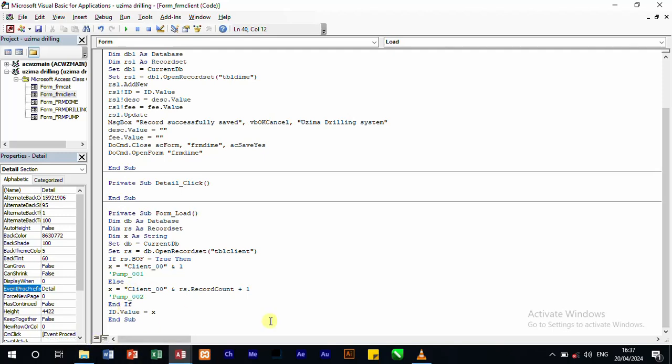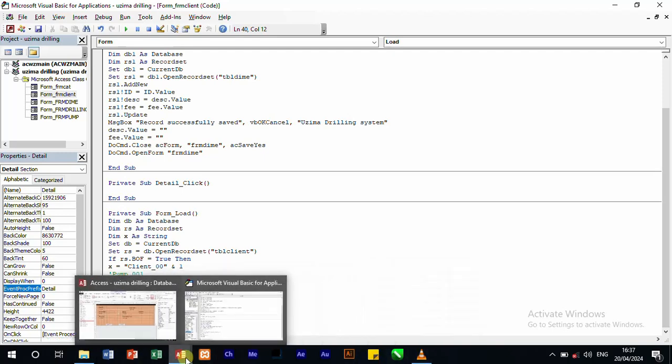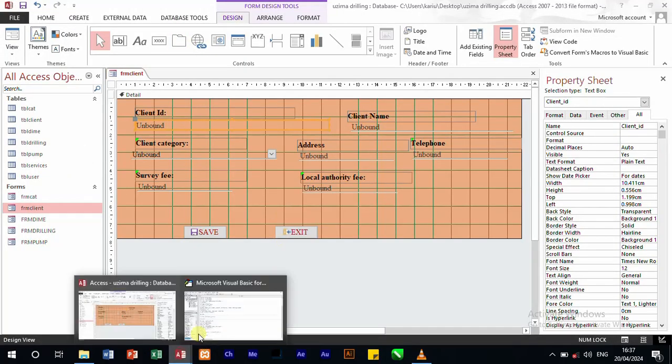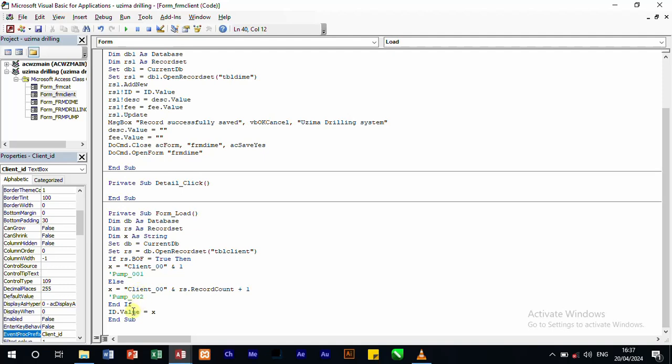So from there we can confirm the name of our client ID. So this one should be client ID dot value. Then we can confirm if it is okay. Yeah, it is okay. Then this one you're going to change. I see it is just a matter of copying and pasting and moving